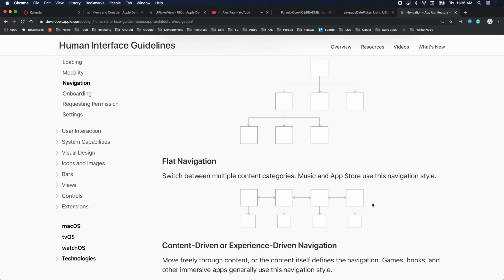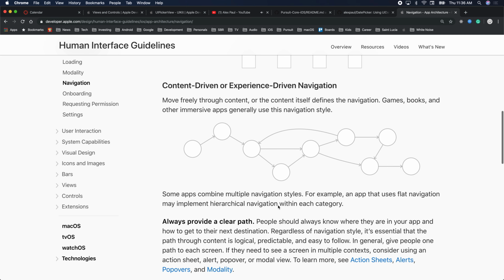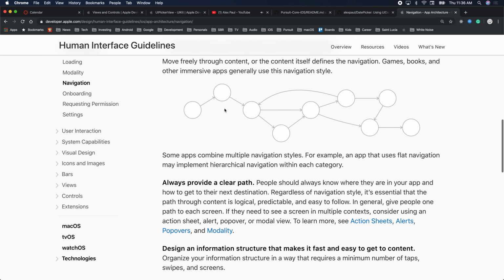This has 4 tabs, so think of Instagram. I click on my home button, I see my home feed. I click on my profile, I see my profile. I click on create Instagram post, I get Instagram post, right? I'm not going 5 levels deep, right? And here, this is content driven. This is a different hierarchy here, right? Where the user clicks on one thing, it goes to something else. Again, it's not going 5 levels deep, it's going back and forth,